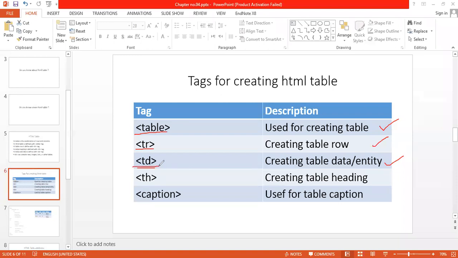If you want to create the table heading, you can use the th tag. If you want to give a title to the table, that is known as the caption. For this we can use the caption.